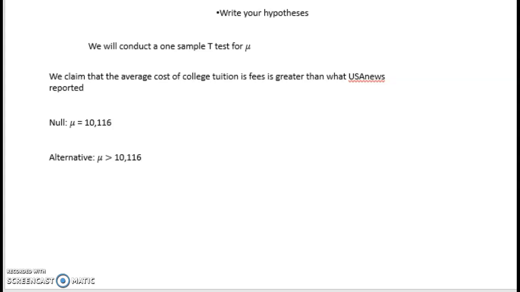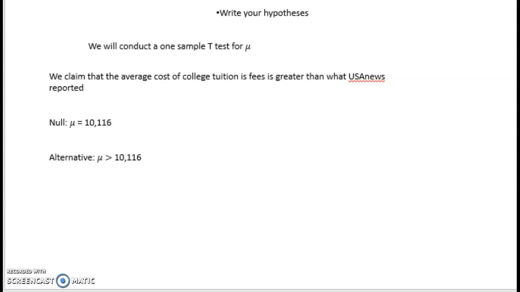So your null and your alternative, you have to write those in terms of your two hypotheses. Your null is always the statement of no change. So we expect that the population mean is going to be $10,116. However, our claim is how we're going to structure that alternative hypothesis, which is a statement of change. So we claim that this cost is going to be greater. So for our alternative, our population mean is greater than